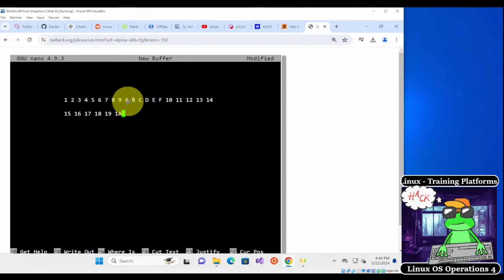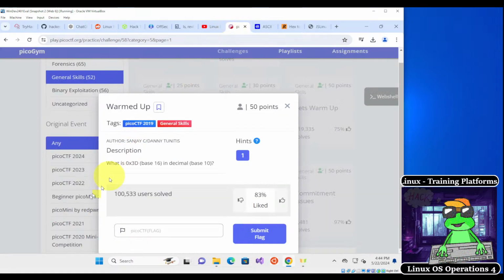Okay, so let's go back to the question. The question is, what is hexadecimal 3D in base 16 in decimal base 10? If we see 3 here, we know that's going to be 3 times 16, because each one of these is equal to 16 in the second column. And D, if you remember, is going to be, let's see, if 10 is A,